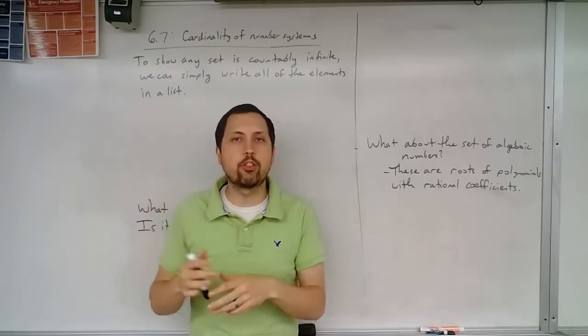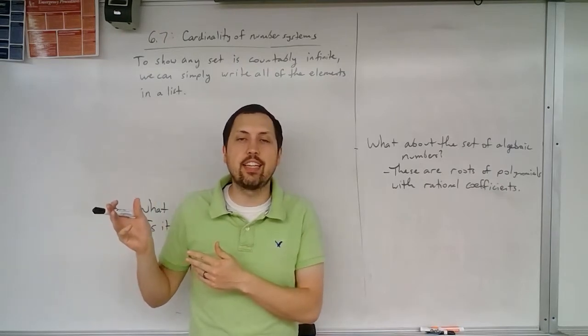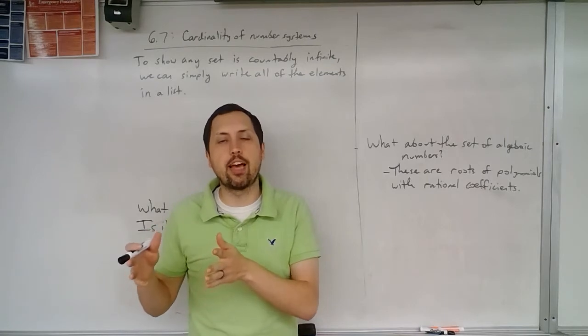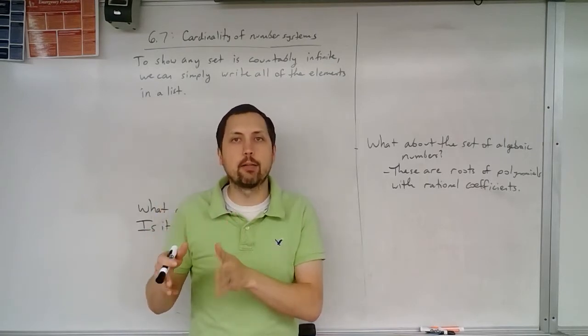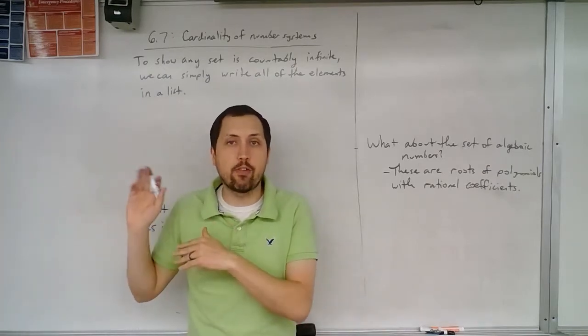And then we saw some other results, like we saw, for instance, that we have an infinite number of sizes of infinity. Then we saw that the natural numbers has a different cardinality than the power set of the natural numbers, and that has a different cardinality than the power set of the power set of the natural numbers, and so on and so forth. So we have this giant string of all of those.